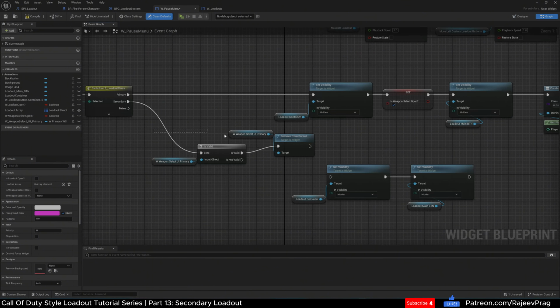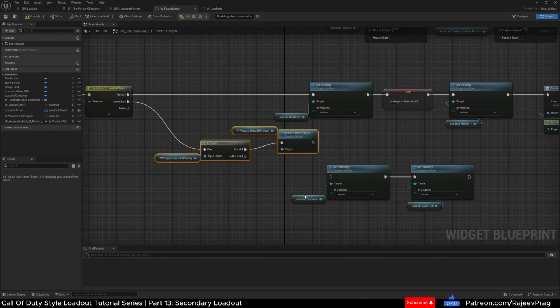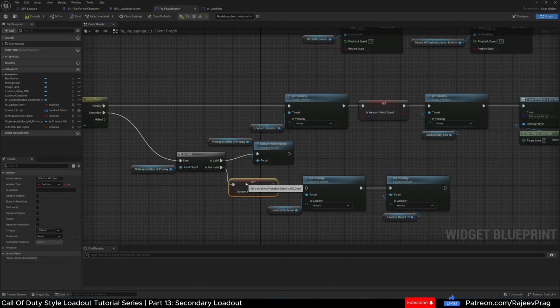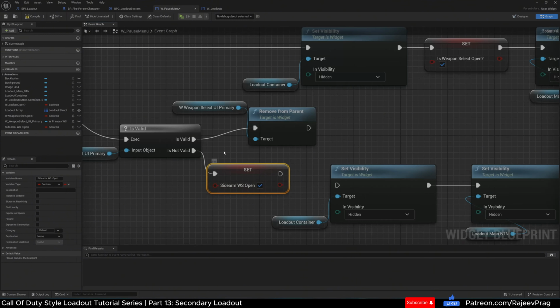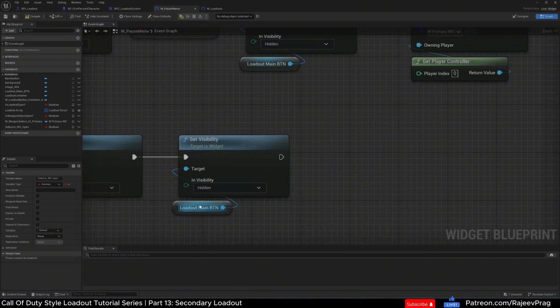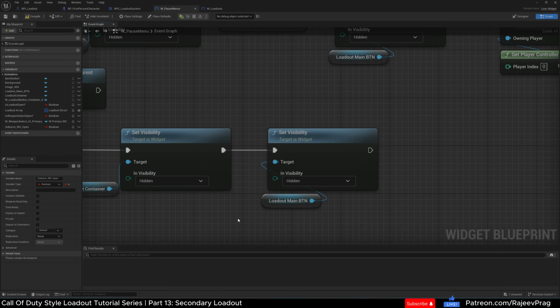And we also want to notify the pause menu that the secondary weapon select is open. So we're going to create a variable and we're going to say sidearm_weapon_select_WS_open. And I'm going to connect this to my is not valid and then make it true. So this notifies the pause menu that the sidearm weapon select is open. And then now I can plug this in here. And once I set both of them to hidden, our loadout button and also the container,